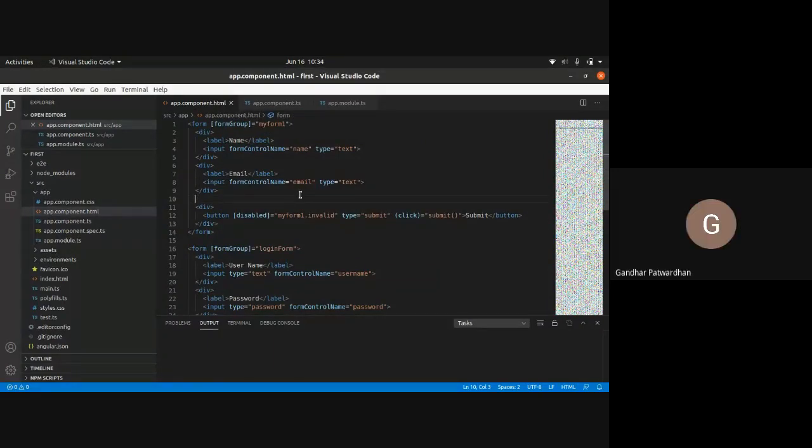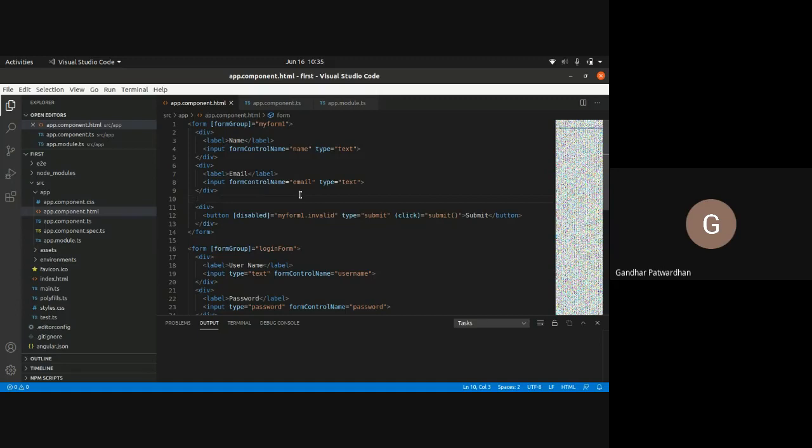Okay, so what we learned yesterday was reactive forms in Angular. The basic usage for reactive forms is pretty easy. We import the forms module and reactive forms module. After that, we create objects of form group and form control.